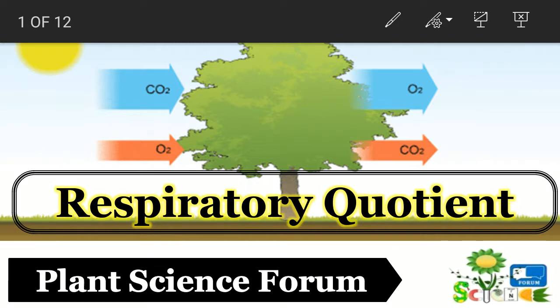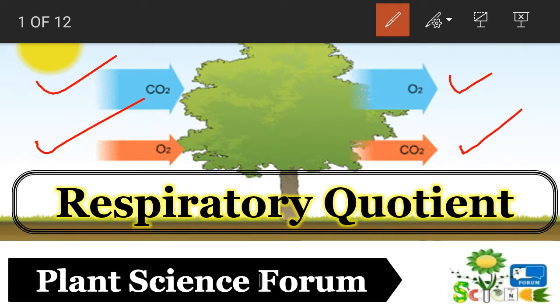Respiration is the breaking down of a larger molecule into smaller molecules, a process in which there is a requirement of oxygen. In this image you can see two colored arrows. The blue one indicates the process of photosynthesis, where carbon dioxide is taken in and oxygen is liberated. The second, in red, shows the intake of oxygen and the output of carbon dioxide. This is the respiratory process, in which energy is released and oxygen is mandatory.